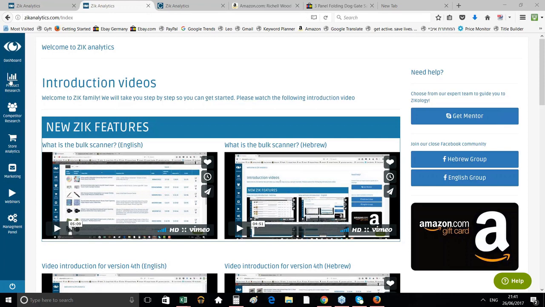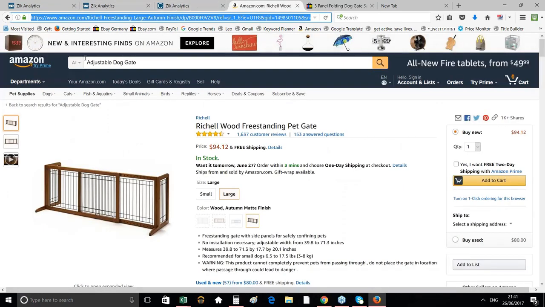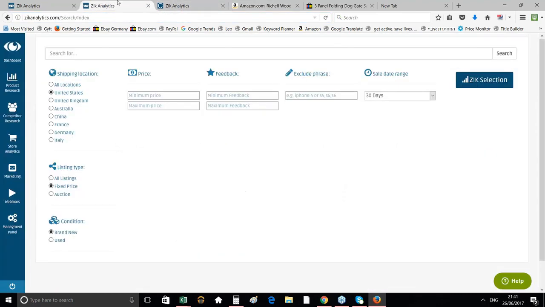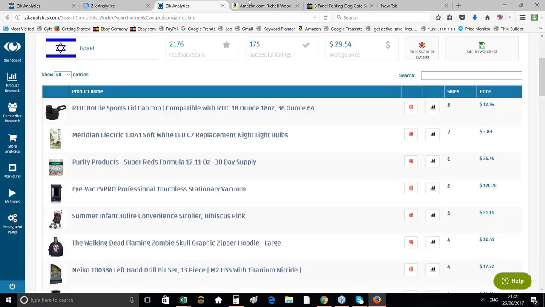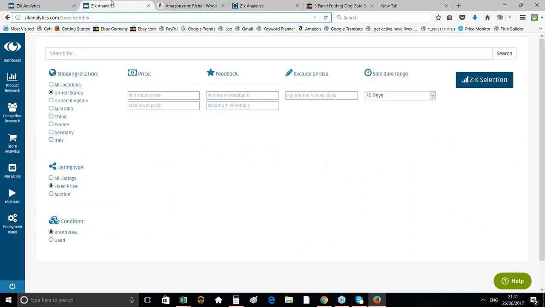So the best way to find competitors is to go to product research, to go to Amazon or to one of your stores, okay? If you already have a lot of items in your stores, just go to one of your best-selling items, copy the title of one of your best-selling items, and search it here, okay? If you don't have so many items in your stores, or you want to get more information, or new directions, new crime scenes,